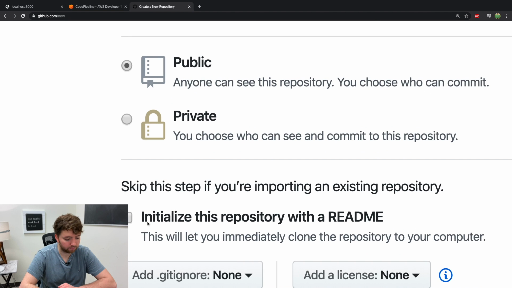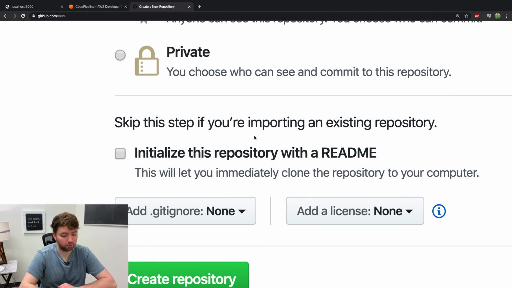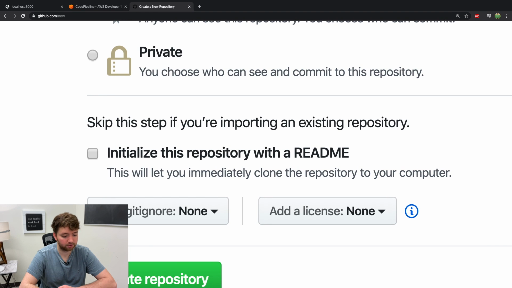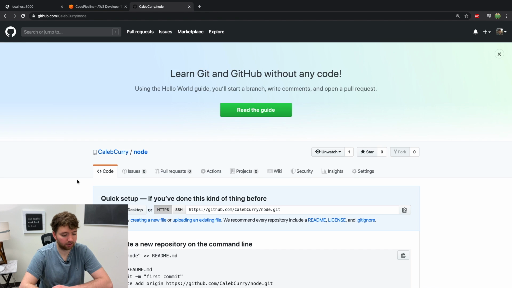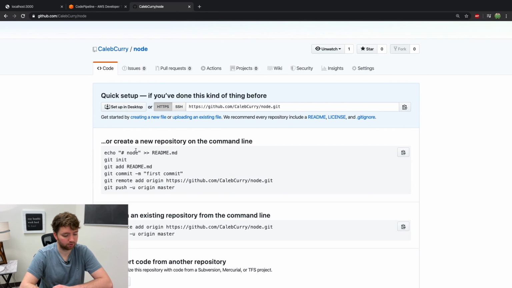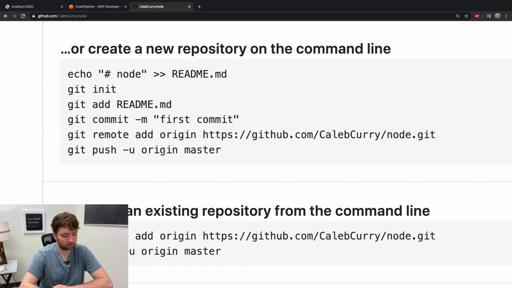Now, this is important. Skip this step if you're importing an existing repository. So what I'm going to do is skip this step, and we're going to create that repository locally. So we'll hit create repository, and there you go. So now we're going to create a new repository on the command line by following these steps. So you'll need to download Git at